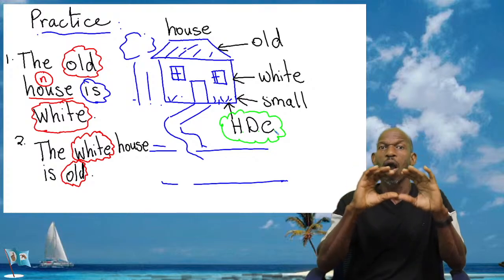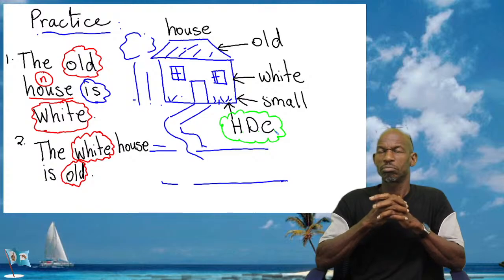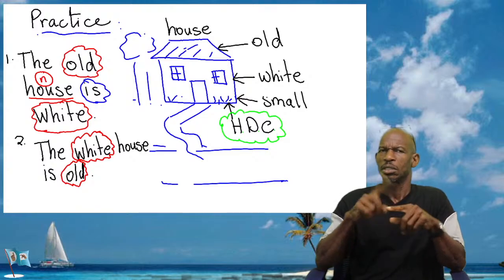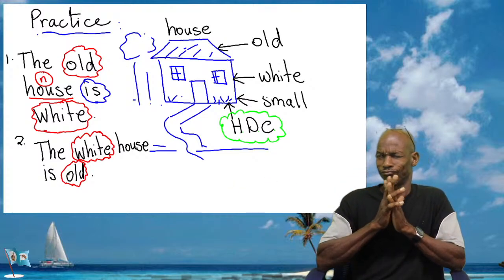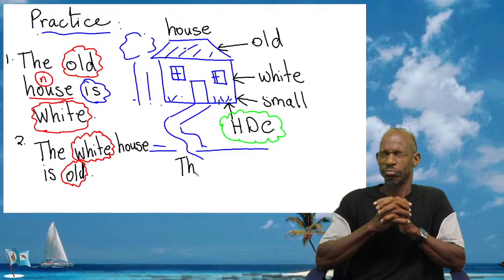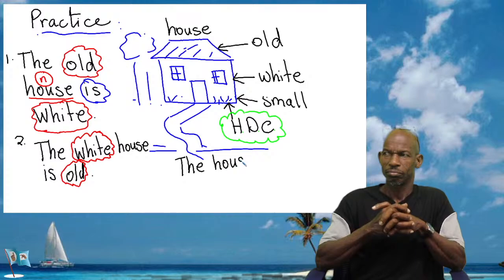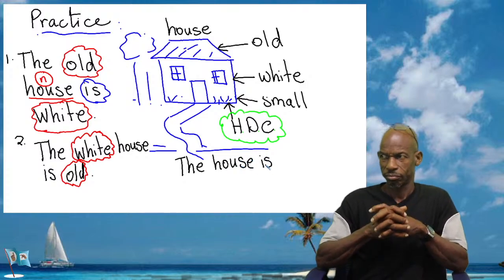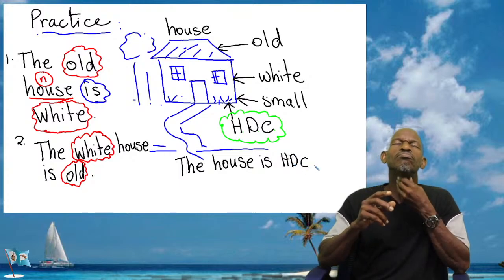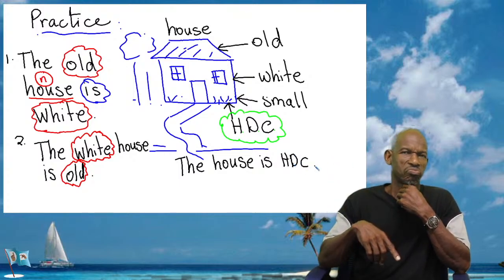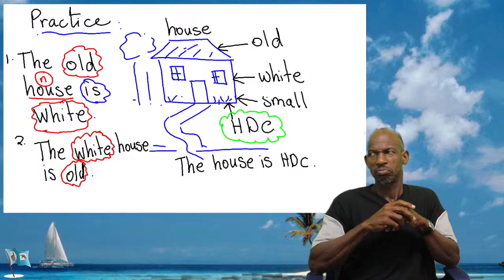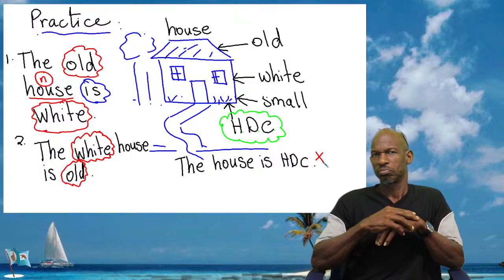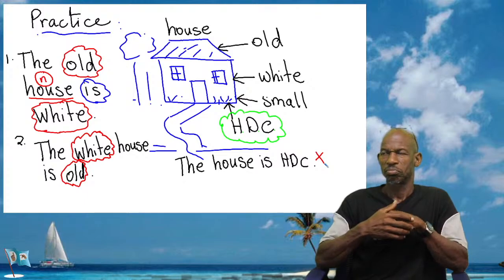So I can say the house is HDC. I cannot say, I'm just rubbing off my board here, I cannot say the house is HDC. In sign language, I could dramatize that, but if I write that in English, it is wrong. If I write that in English, it is wrong. All I have to write is, the house